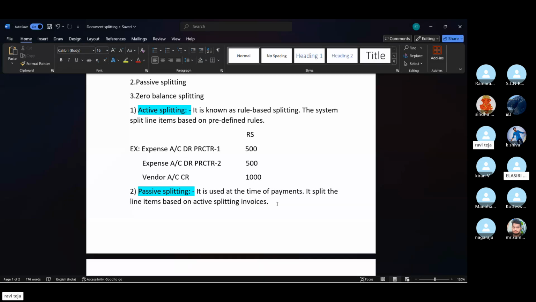Next time I will try to give a demo. In the next session, you rectify it. Okay, sir. Sure, sir. Actually, Chanu sir shared one interview material, and in that interview material, document splitting is there with an example. If you open that one, you can explain it clearly.